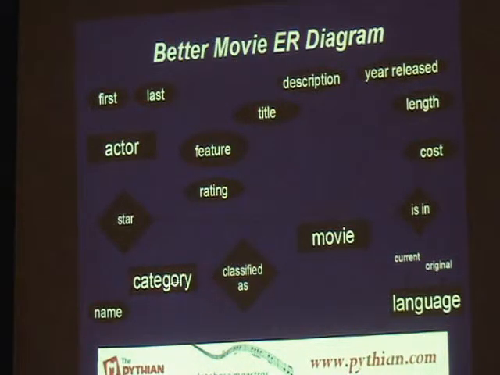Similarly, we have the category. We have movies classified as category, and we actually have languages, right? Now, this is something that is also interesting because we had original language and the current language. So if I had a movie that I'm watching and it's in English, but it was originally in French and it's dubbed, right? The languages are the same. English is the same. American English is the same as, like, en-US, right? FR is French, right? So however we decided to represent language, and I didn't actually put any attributes of language,